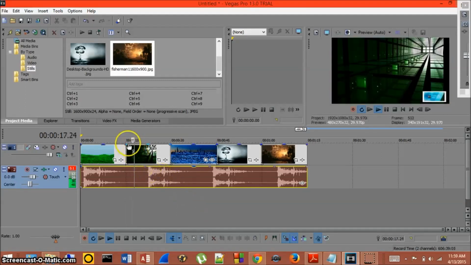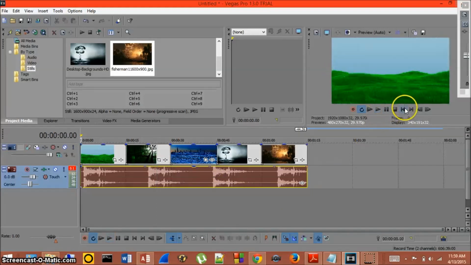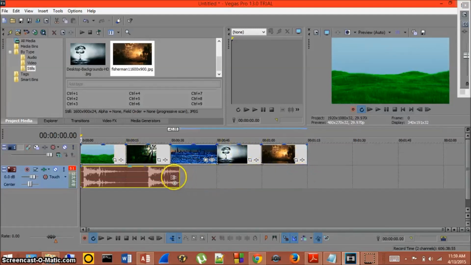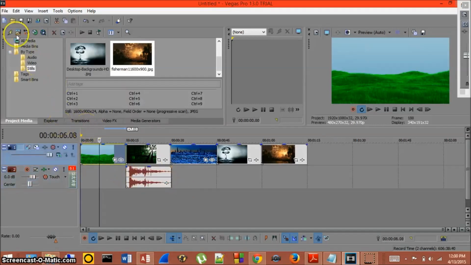Okay, and as you can see, after 15 seconds, it switched to the second image. After another 15, it'll go to the third image, and so on. So that's basically how you create multiple still images with one audio file. We could also take multiple audio files. Say I wanted the thunder to play in the first 15 seconds, or I could even drag it and put it in the second still image,